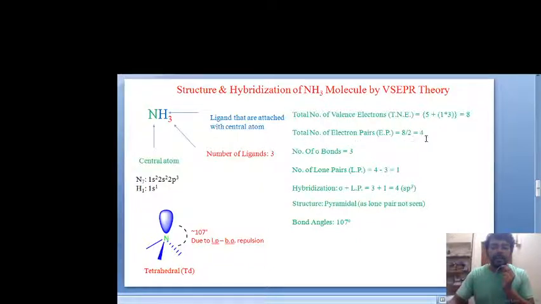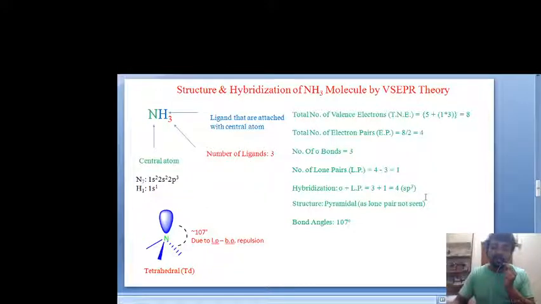divided by 2, that is equal to 4, and the number of sigma bonds is equal to the number of ligands, that is equal to 3. As it has electron pairs 4 and sigma bonds 3, the lone pair is 4 minus 3, that is equal to 1, and hybridization is sigma plus lone pair, that is 3 plus 1 equals 4. When it comes to 4, the hybridization is sp3 hybridization, and the predicted structure from VSEPR theory is